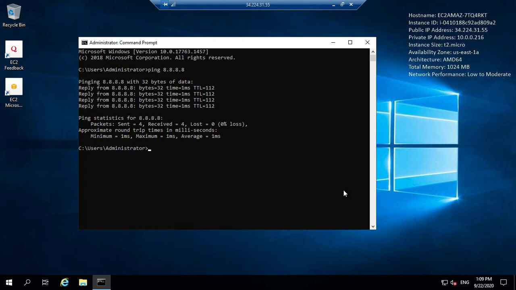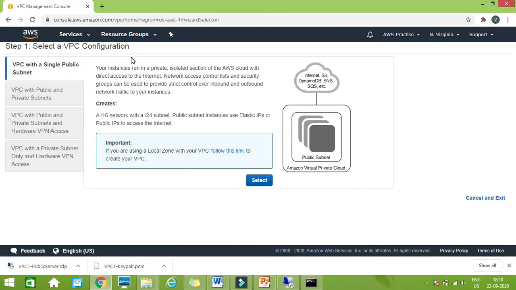So we have successfully created our VPC, and this is all for the first lab. Let us just go back and have a look. This is what we have achieved. We have created one VPC. Inside that we have created one public subnet. In the subnet we have created one instance, and we are able to communicate with that instance, and check that the instance has access to our internet gateway which is attached to the VPC.